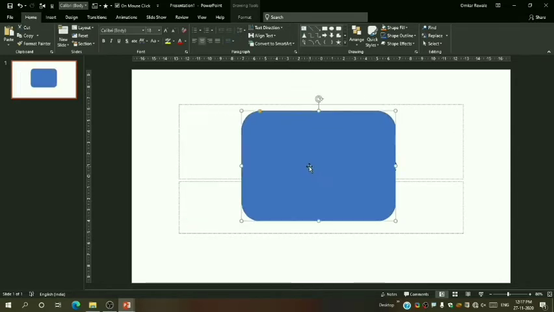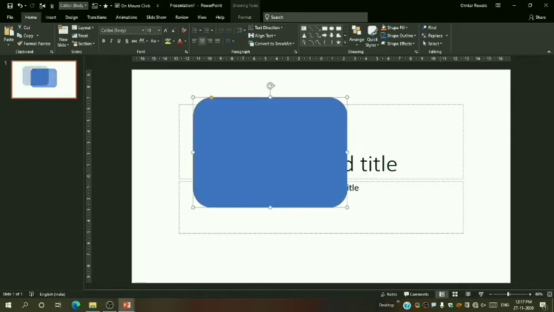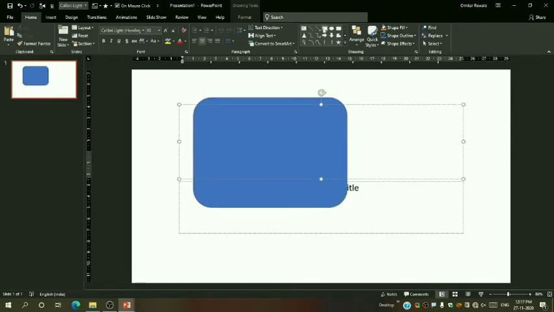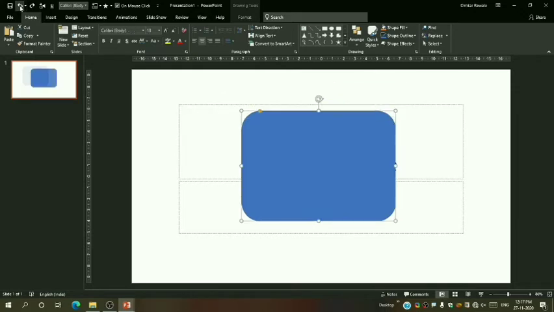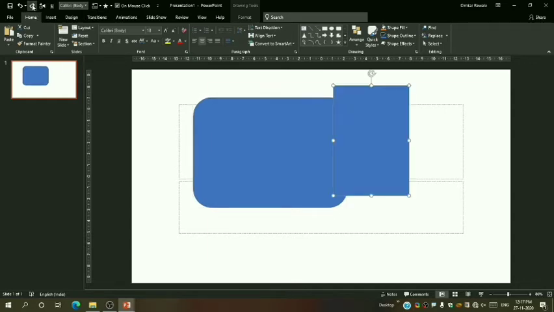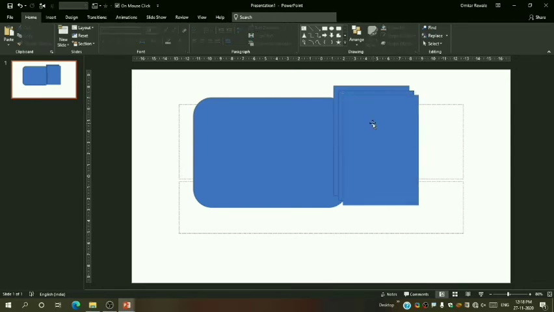Now if I have to redo, I have to insert one more object, and when I undo my action, only then will I get the redo option, and when I redo, everything gets back. Instead I will press Ctrl plus Y on my keyboard to redo it. So it is again a simpler method to use.